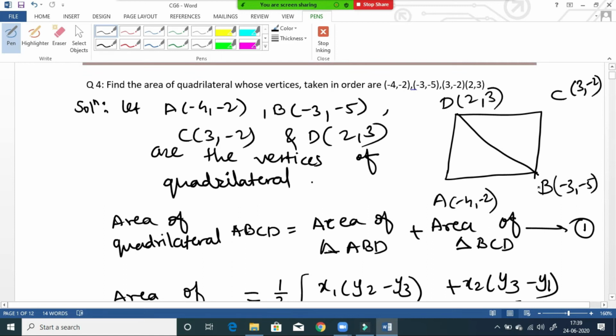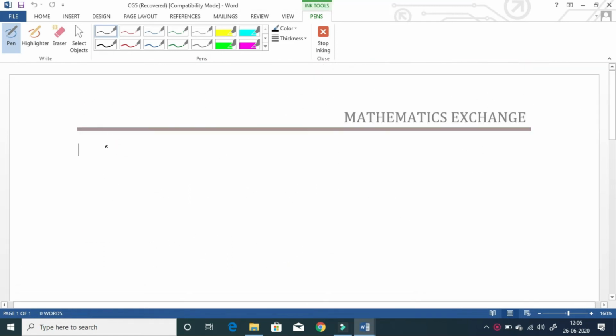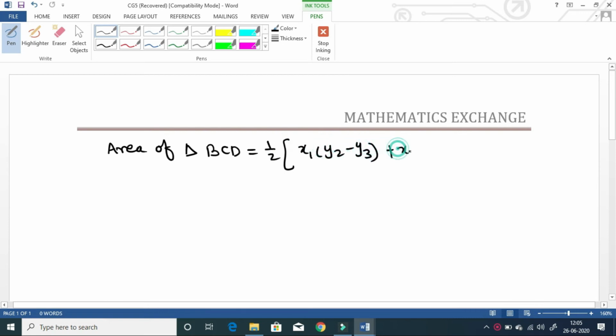Now from equation 1 we have to calculate area of triangle BCD. So area of triangle BCD is equal to, we use the same formula, x1 into y2 minus y3 plus x2 into y3 minus y1 plus x3 into y1 minus y2. So this is the formula for area of triangle, that is equal to, now